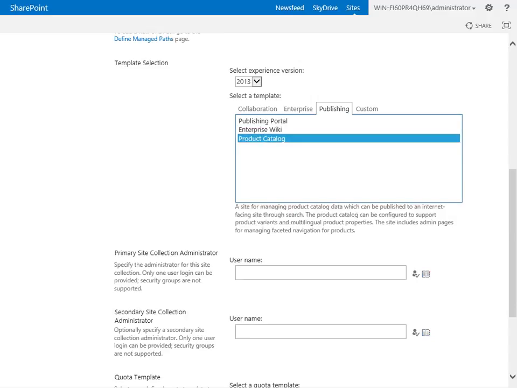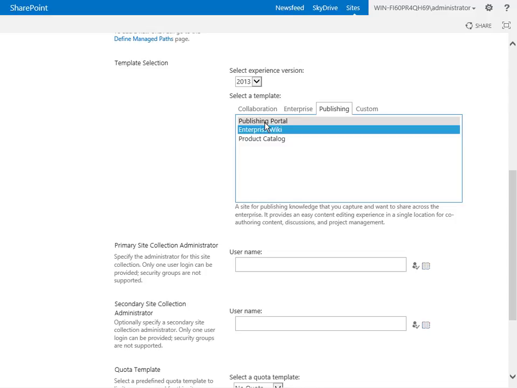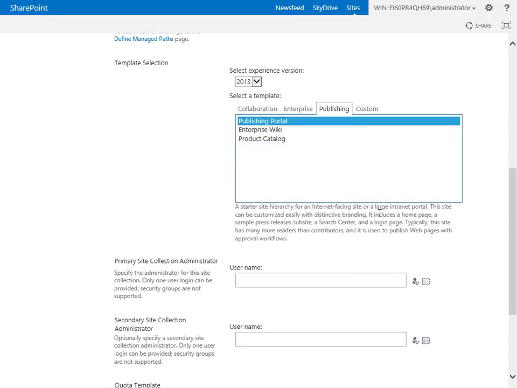didn't mention, but it's a place where you can have products for the company. If you've got something that you want to have, here's what your company's products are and where it needs to go to, where you want your users to be able to take a look at that information, it's available there. By the way, as I flip through these, you can see that each time I select one, it gives me a description. So I can come through and get a quick little description of what's going on to kind